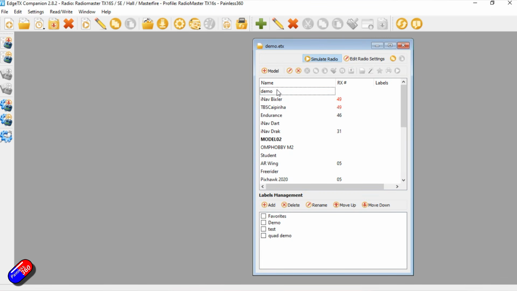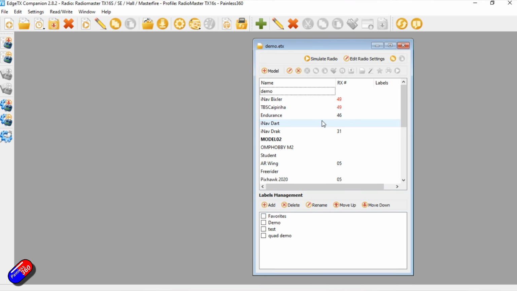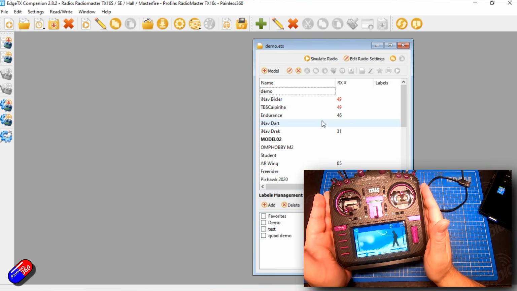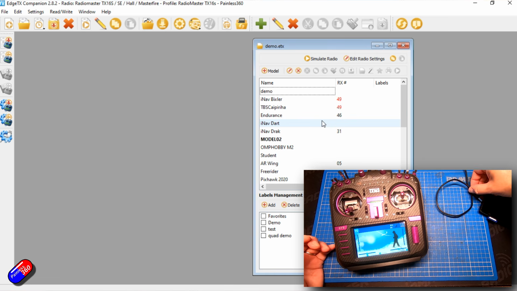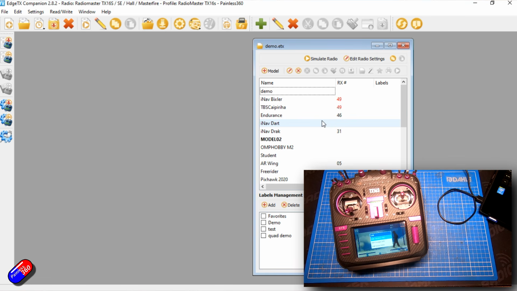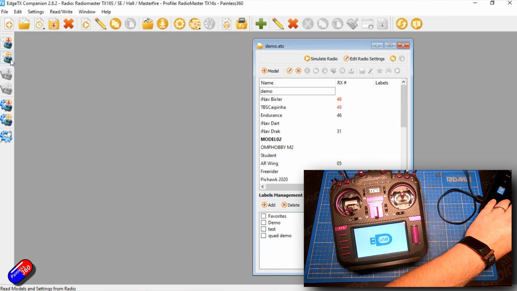Okay, we can simulate the radio and we can actually play with stuff and we can change settings and do all that kind of jazz. However, this is really good because say now that this isn't that radio, this is another radio, maybe it's another EdgeTX radio, a new one that I've got or whatever. If I now plug that in, select USB storage again, and then read the models in,